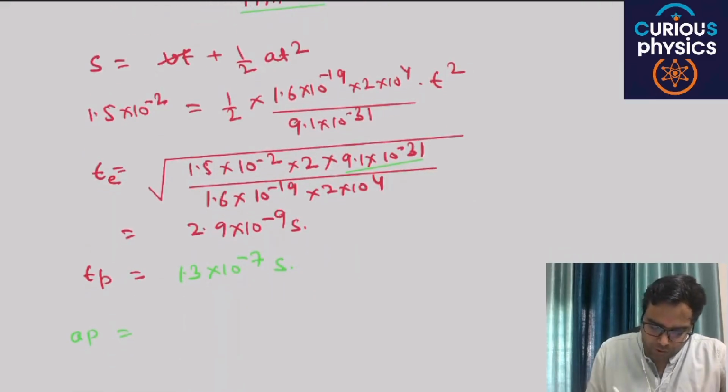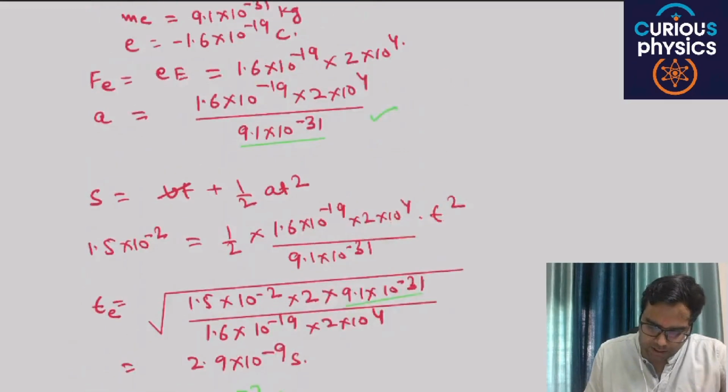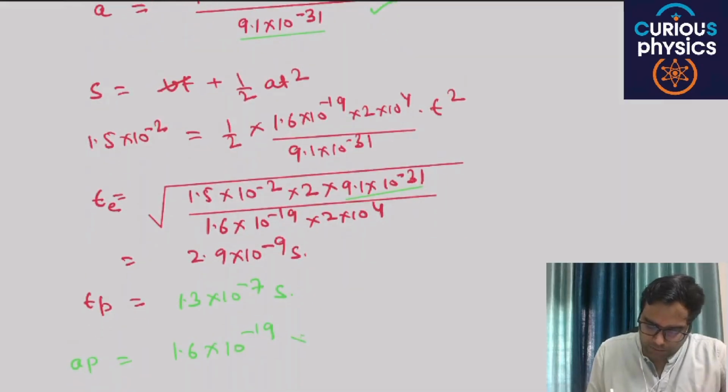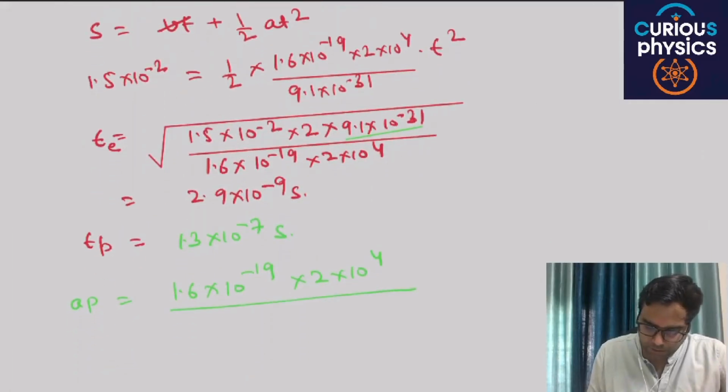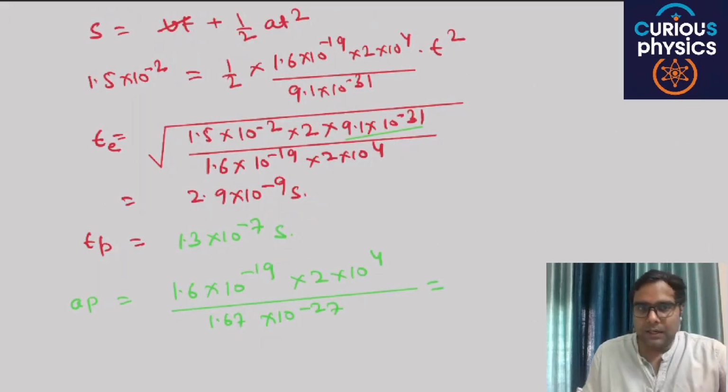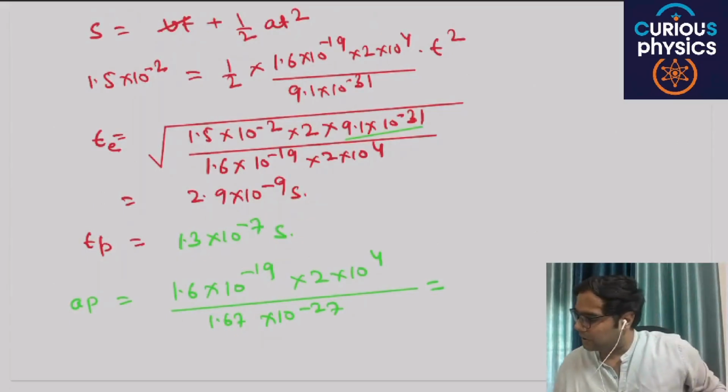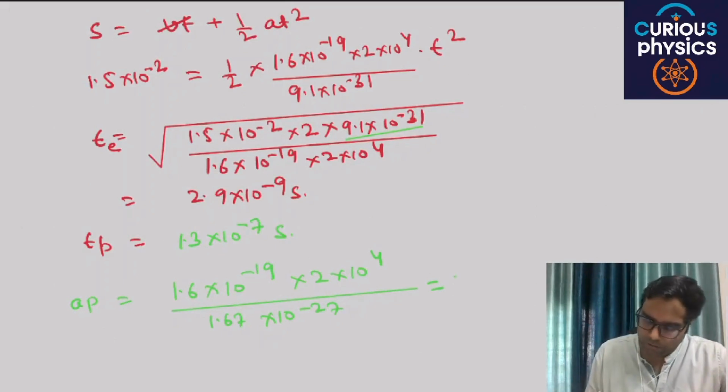The acceleration of the proton is the charge 1.6 into 10 raised to power minus 19 into the electric field 2 into 10 raised to power 4, which is basically the force, divided by the mass of the proton, 1.67 into 10 raised to power minus 27, and you will get the answer. I think the acceleration is 1.9 into 10 raised to power 12